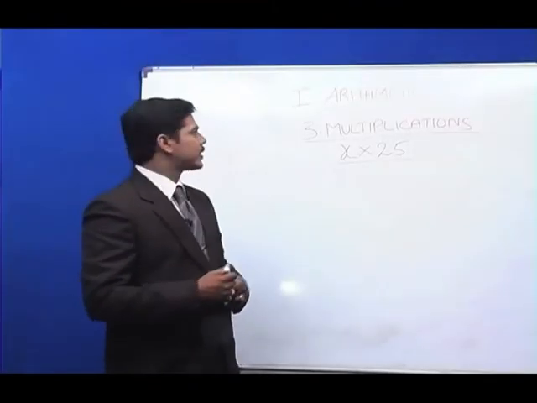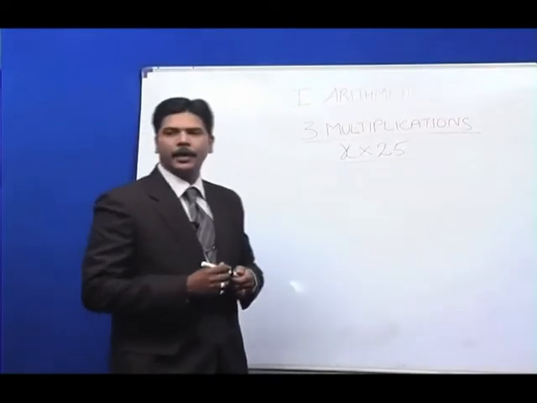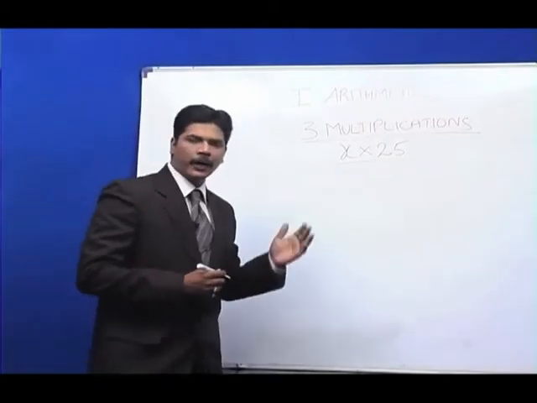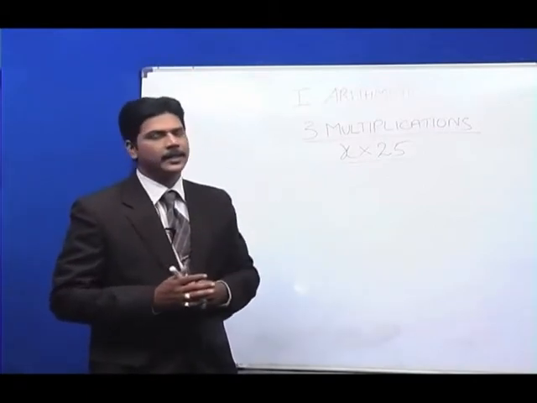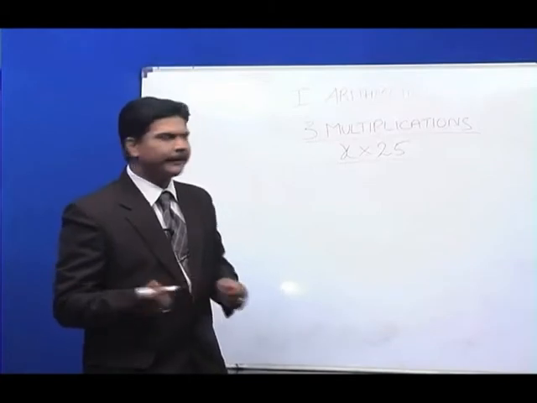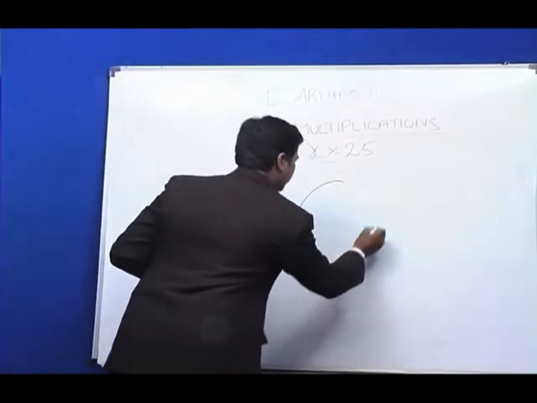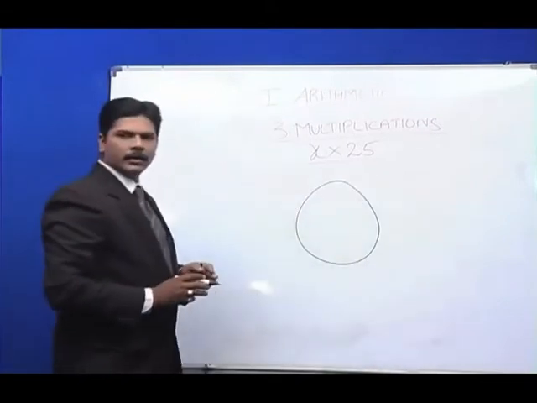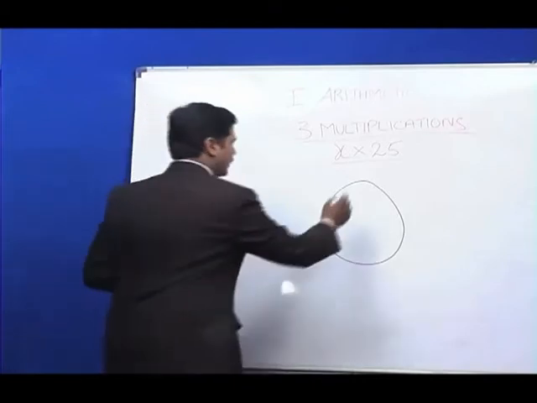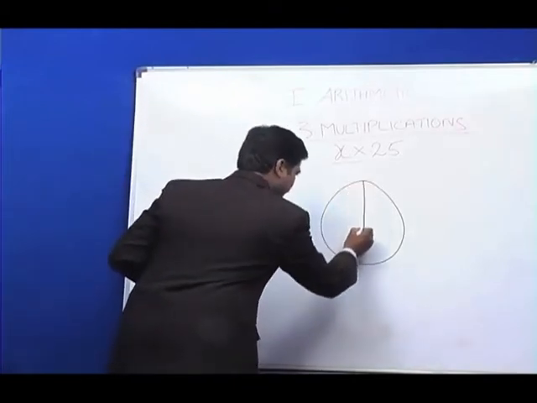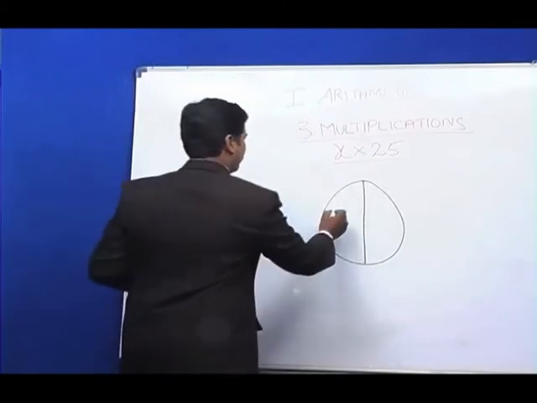And now we'll see the next topic in multiplication, that is, any number multiplied by 25. But before I teach you this concept, we'll first understand how the ancient Indians understood 25. Let's assume there is a roti or a pizza, and we have to divide this among two people equally. What will we do? We cut it into two equal halves and share the pizza.